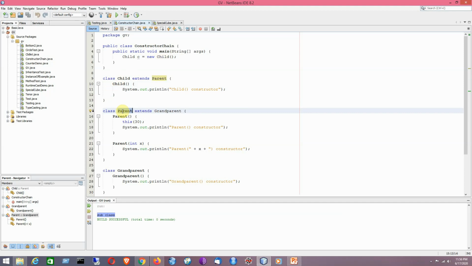the call will be transferred to this particular superclass constructor. So this statement will not get printed, it will be postponed until it comes back from its immediate superclass. So it will be moving to the parent class constructor call. Now we are having a this call. That means it will be looking for a constructor with the matching syntax. So this happens to be the second constructor of the parent class.